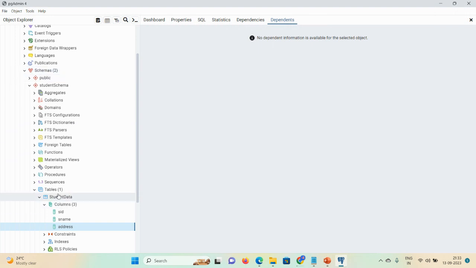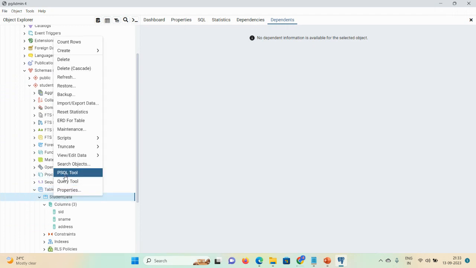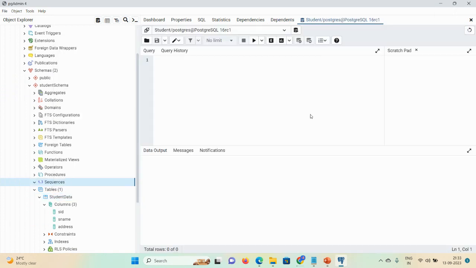The way is to click on this particular table, and here the PSQL tool and query tool are available. The query tool is SQL related. I'm familiar with this query tool, so I'm just choosing this option, query tool. A new query tool is available. I want to insert some values into my table. So the query will be insert into student data,